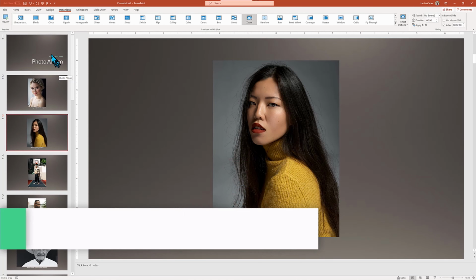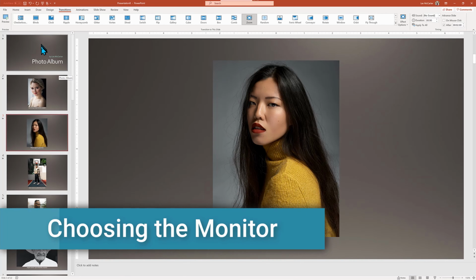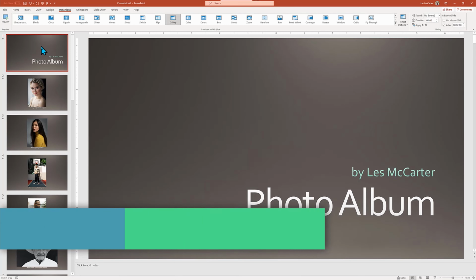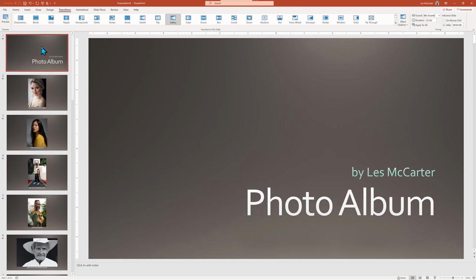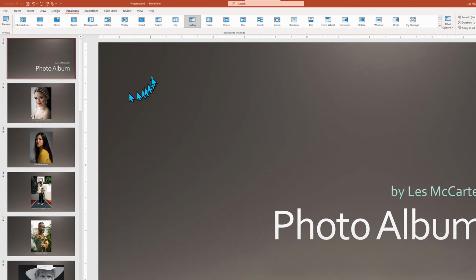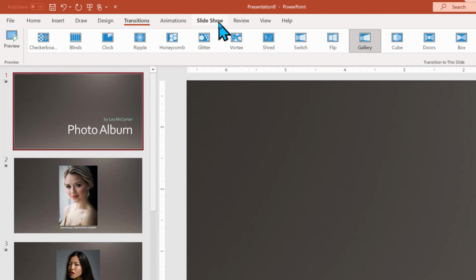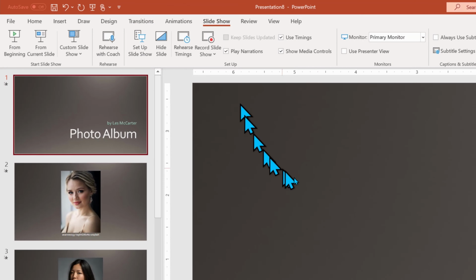So, you've created your masterpiece, and you're ready to show it on the big screen or TV. Well, we need to get ready to run the slideshow. If you're using a second connected display, you need to tell PowerPoint which monitor screen to use. Go to the Slideshow ribbon menu and use the drop-down list of monitor to select the output device.